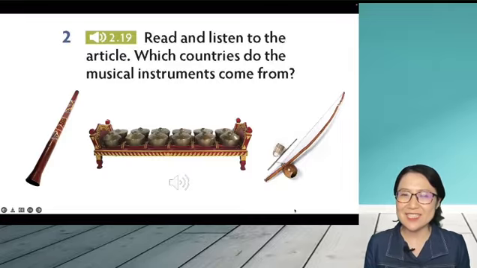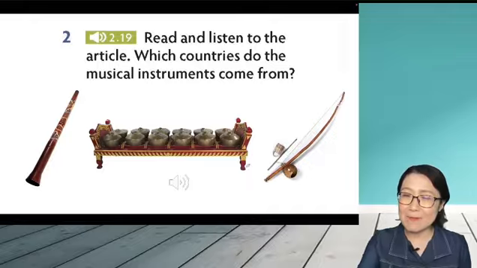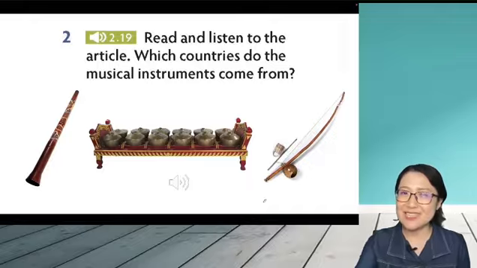Alright, so you listen to this article, right? So do you know where are these instruments from? 大家知道这些乐器都来自于哪里吗？ That's right. Okay, so this is a didgeridoo, right? And this didgeridoo is from Australia. And this one is called bonang. And bonang comes from Indonesia, right? And this is a berimbau. And berimbau is from Brazil.